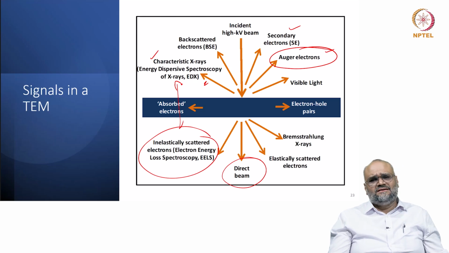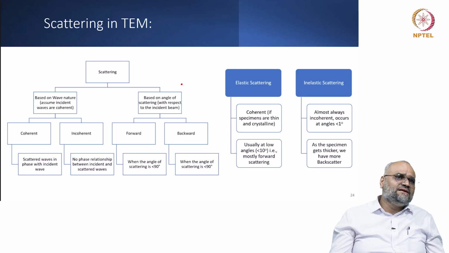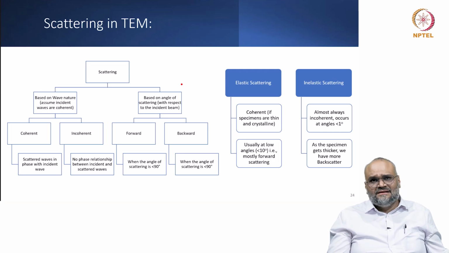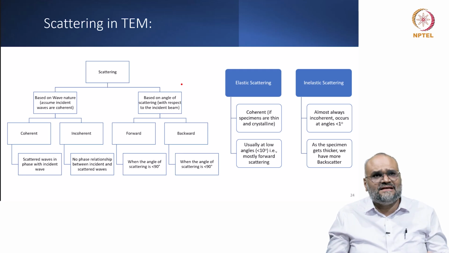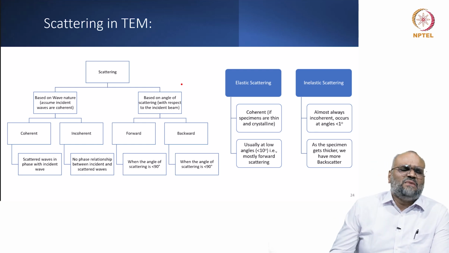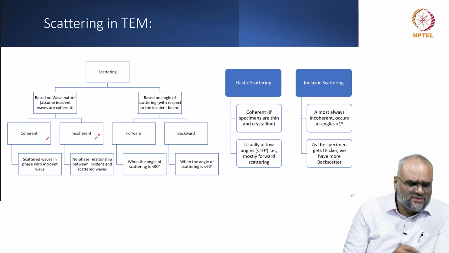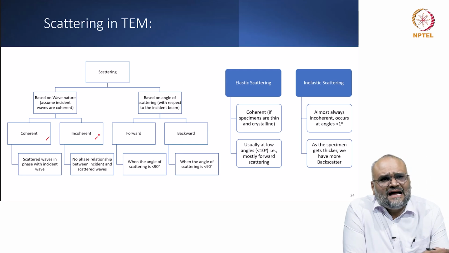If I look at the classification of scattering in TEM, I can classify scattering either on the nature of the interaction that is happening, assuming that you have a wave nature. In fact, I always say that you cannot separate the wave or the particulate nature or the dual nature of the electron, but for understanding, you simply look at it as either coherent or incoherent scattering, where the scattered electron